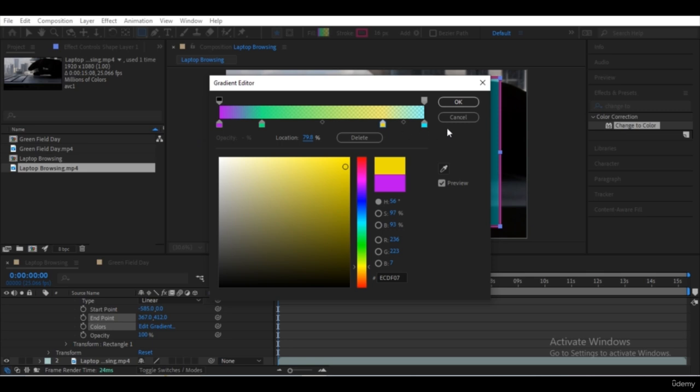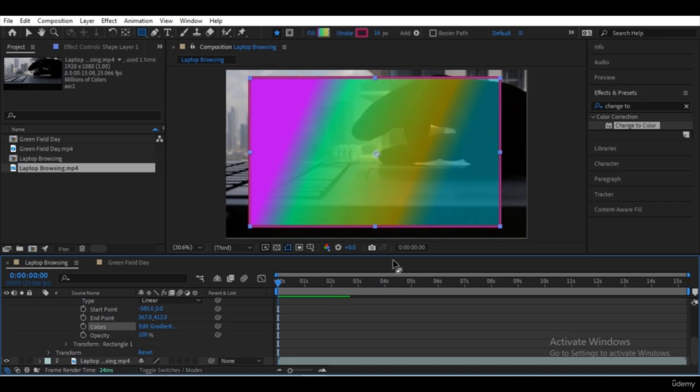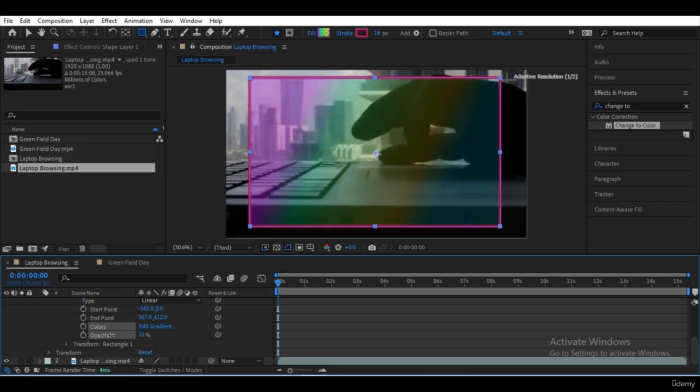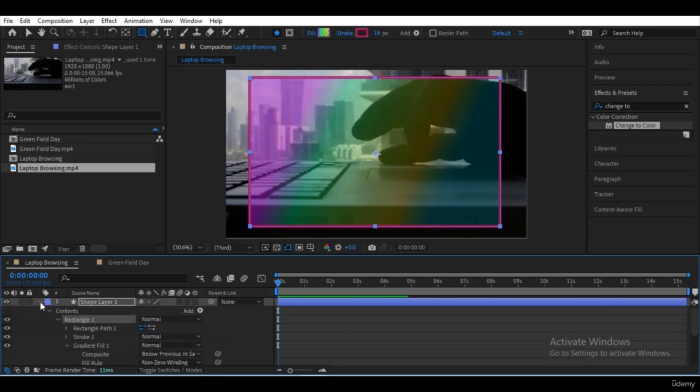Yeah, you can see the colors over here, and you can click OK. And then you can also match the opacity like this to create a very beautiful layer on top of the video right here.